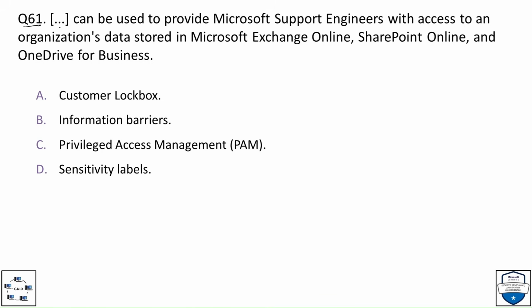Question number 61. Blank space can be used to provide Microsoft support engineers with access to an organization's data stored in Microsoft Exchange Online, SharePoint Online, and OneDrive for Business. The options are option A, customer lockbox, option B, information barriers, option C, privileged access management, and option D, sensitivity label. And the correct option is